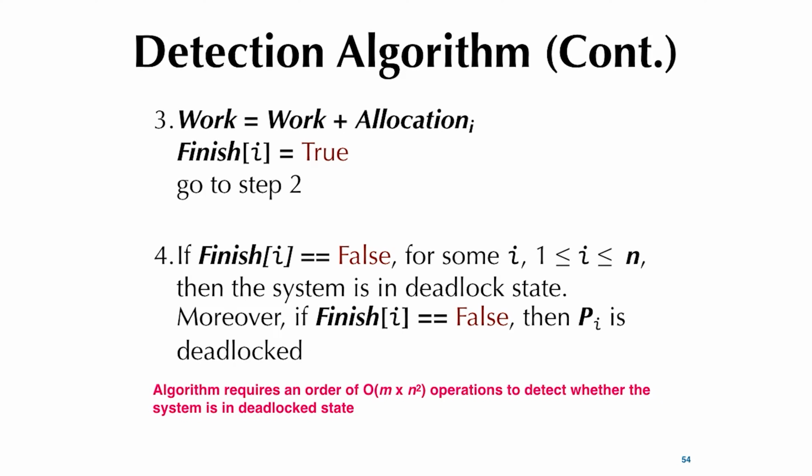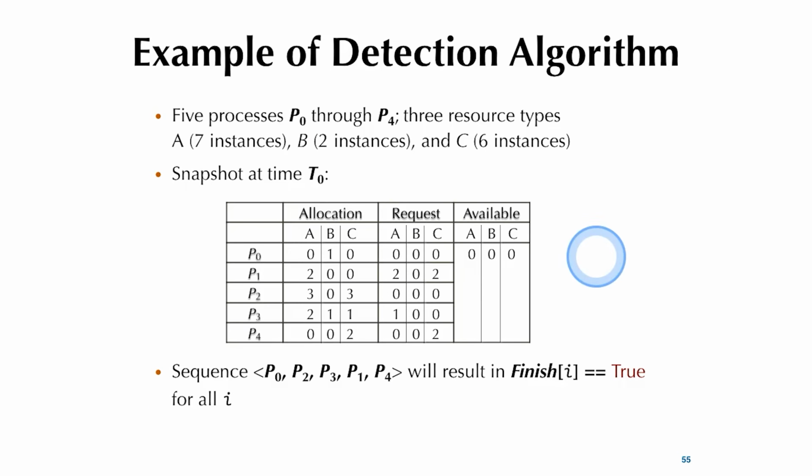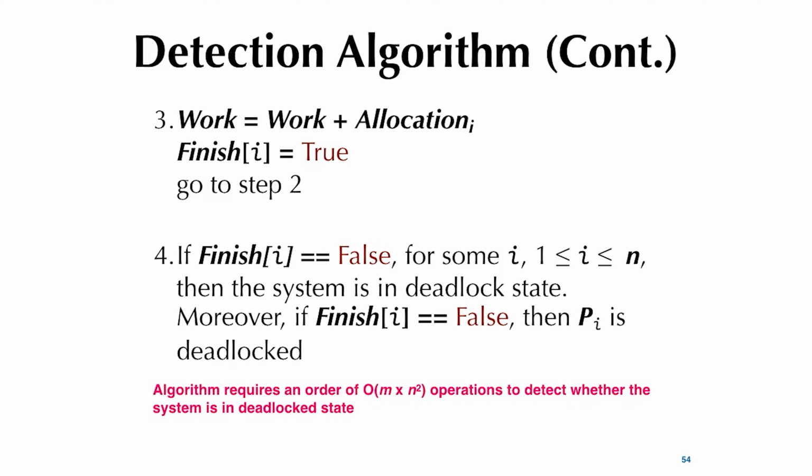So again, it's very similar in the code and intuition to the safety algorithm, except when we were doing avoidance, we were basing it on the claim, which is the maximum possible request. That's a promise, and also the need, which is really the worst case request, right? So that was being considered. Now you want to check if a deadlock already happens. That's why you don't need the claim or need. All right, so as you can see, the complexity is m times n squared, because for cycle detection it would be up to n squared, and then m resources. That's why it's m times n squared.